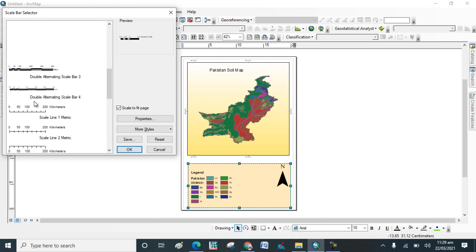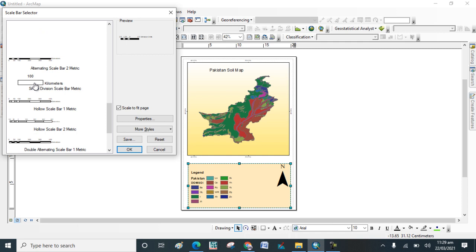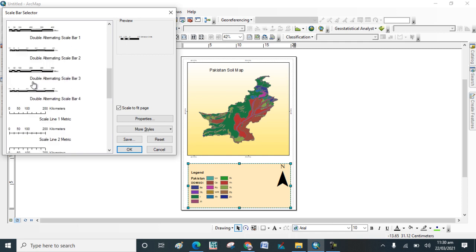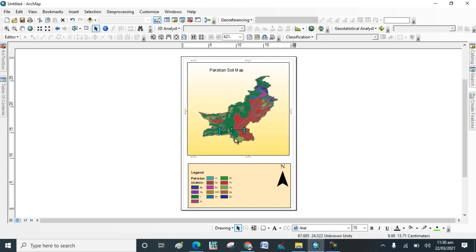Just select one of them and OK. In this way you can add all elements to that map.